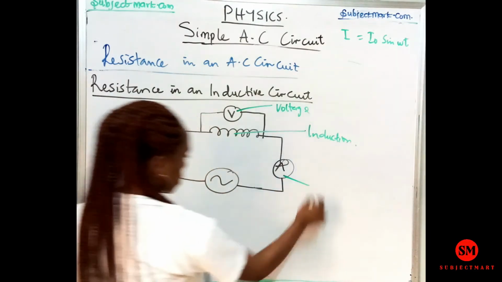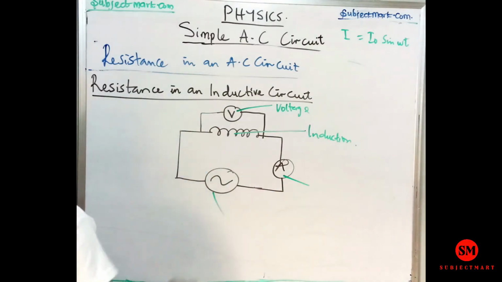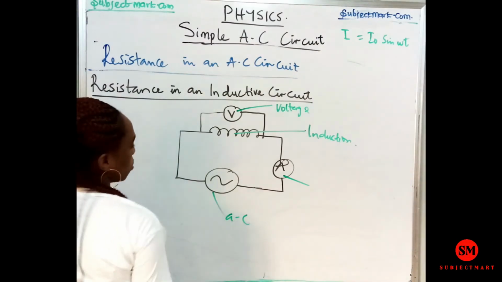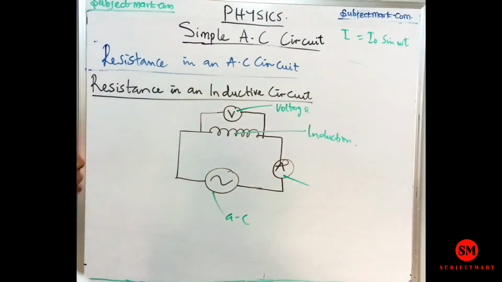Here is the ammeter, and here is our AC symbol, alternating current, connected to the circuit. Now, in an inductive circuit, resistance, just like we said earlier, is giving us